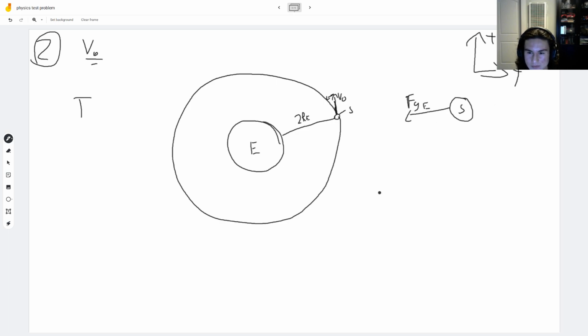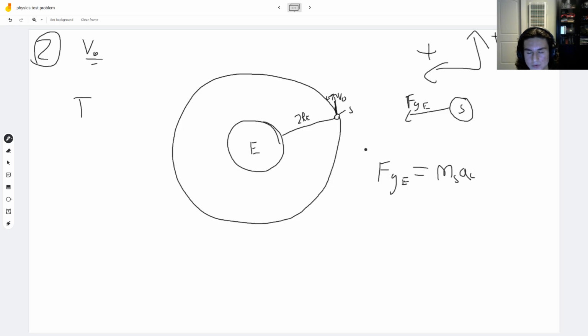So basically we get negative F_GE. I'll just revoke my axes and say that's positive, just to make this a little bit easier. This is the only force acting on it, and we know it's traveling in a circle. So the force of gravity from Earth is going to be equal to the mass of the satellite